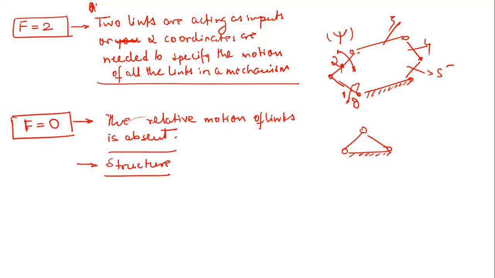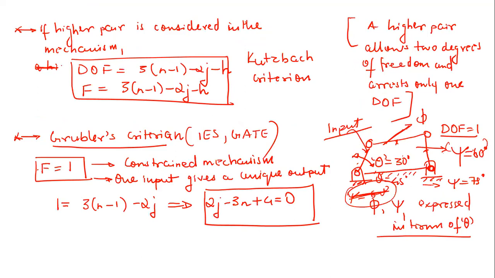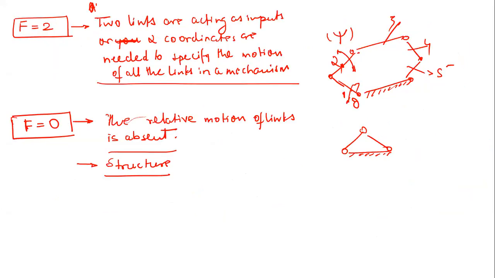Now let us refine this further. This equation is fine. I am not going to take you to advanced levels, but most of the time this equation is sufficient for all of you. But let us discuss a few exceptions, which are also important to discuss. So now let us talk of something which is called redundant degree of freedom.